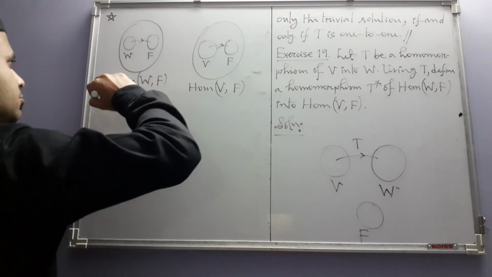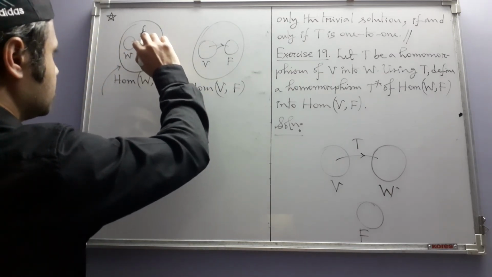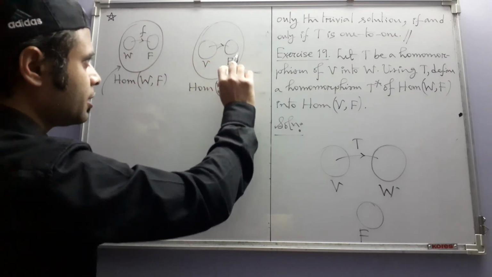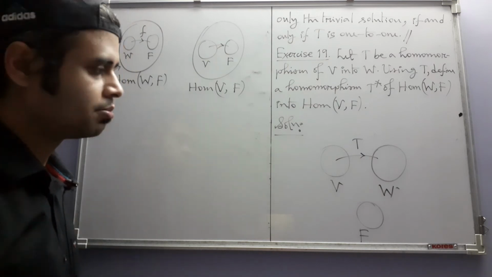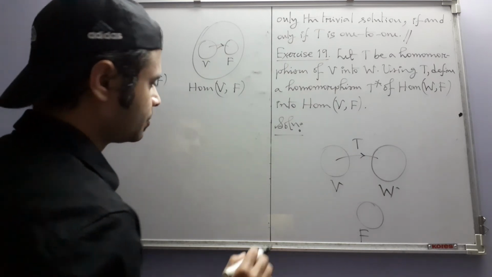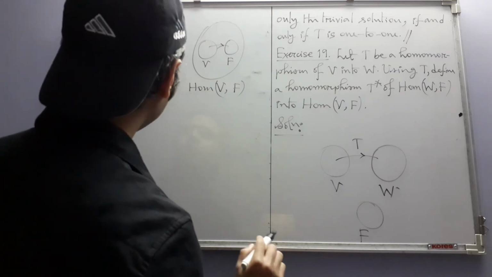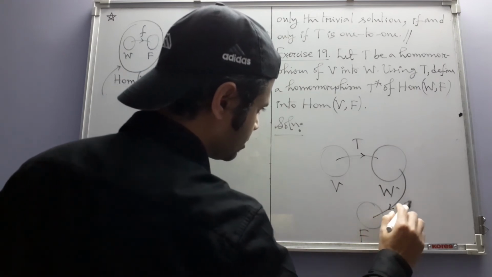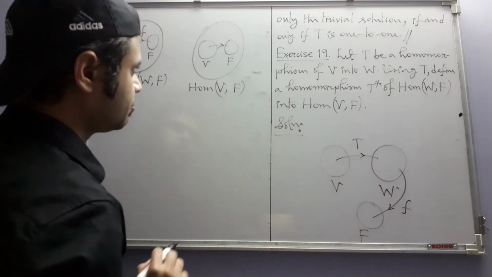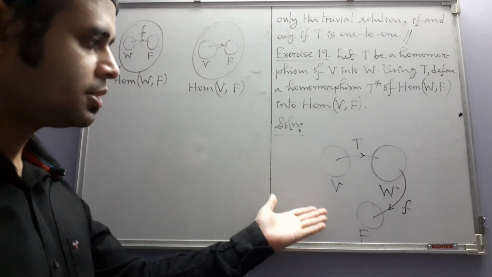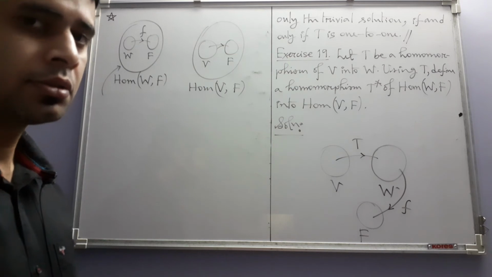So that means if you are choosing something from here, say some f, you want somehow that f to get mapped onto a homomorphism from V into F. Now, before you think of homomorphism, let us just simply think of the mappings. So your input of the map T star will be some f from here. So that means that will be a function that looks like this. And you want a function from V into F. Do you see what that function is going to be? I mean, one natural function from V into F using these two things. Why not take their composition,